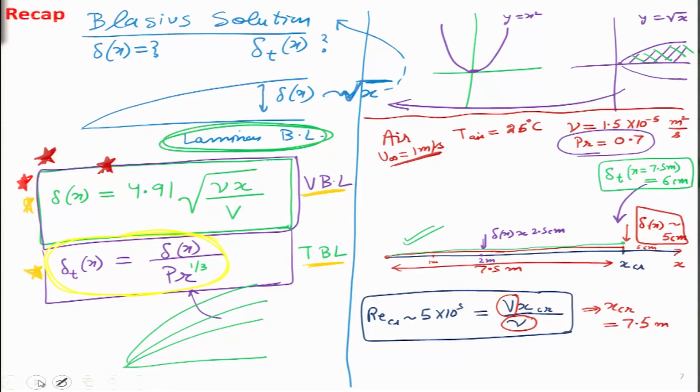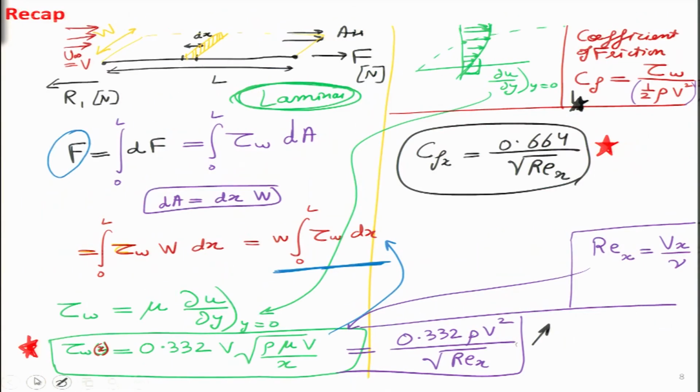It is not very large, but very less. So, after 7.5 meters, that boundary layer had become about, I think, 5 centimeter or 2 inches. So, it is very small. 7.5 meters is almost the width of this particular room. So, across the whole room, the width of that boundary layer was 2 inches.